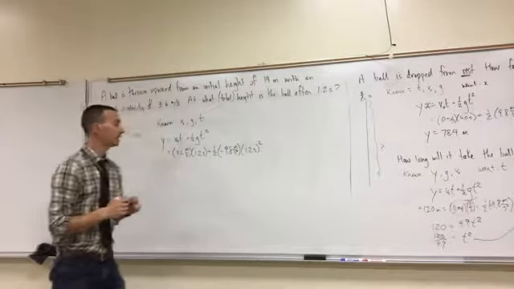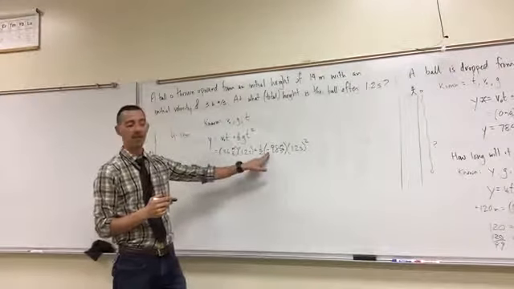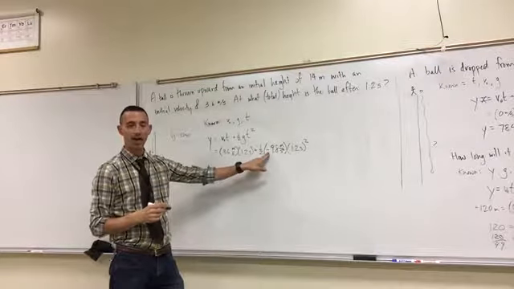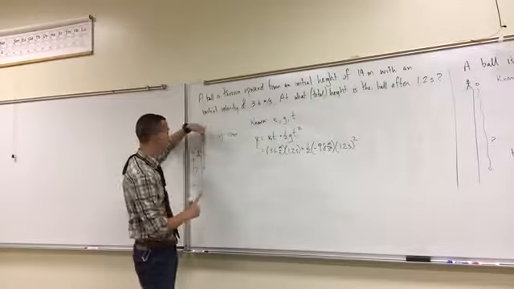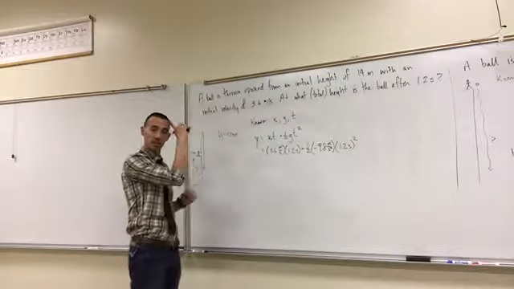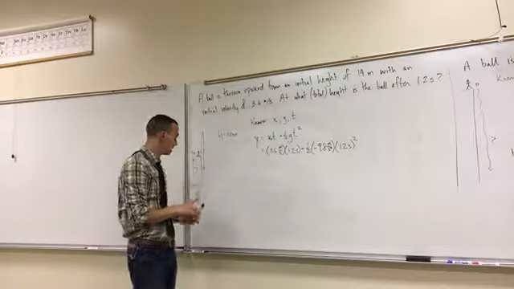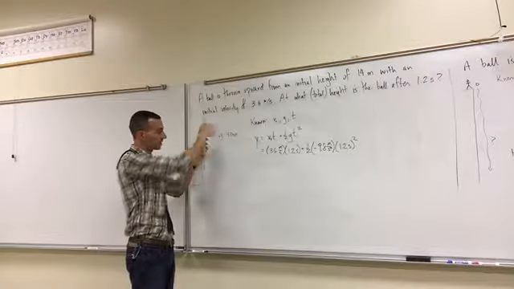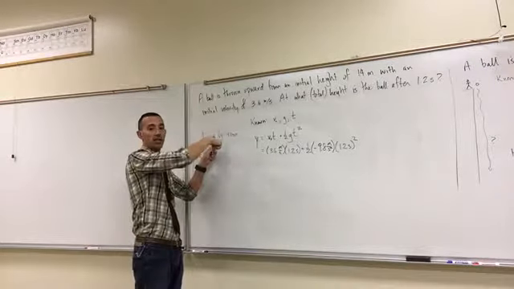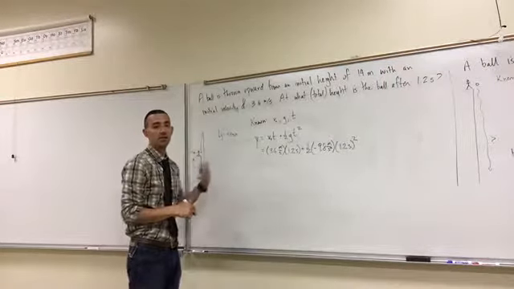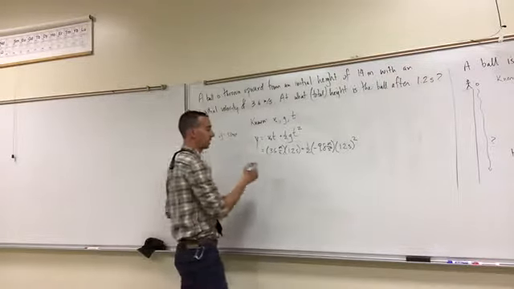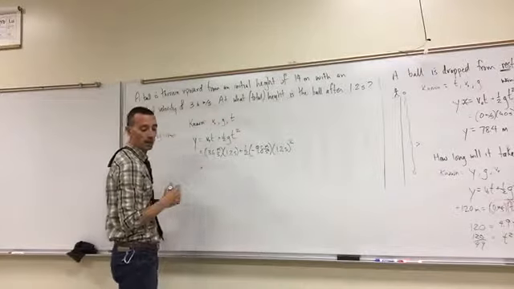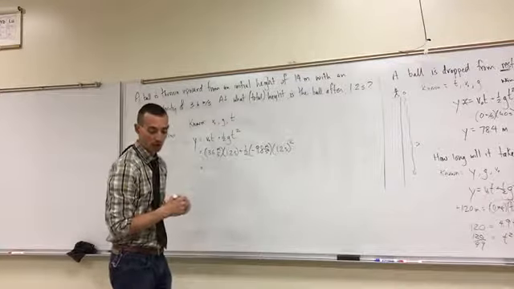And it's really important that we have the negative on gravity, because gravity is acting opposite to the direction that the ball is initially going with its velocity. Its initial velocity is upwards, and gravity is acting to change that velocity, to change the direction of the velocity and speed. But once we plug all this in, we get